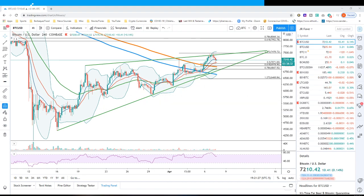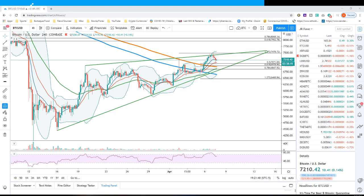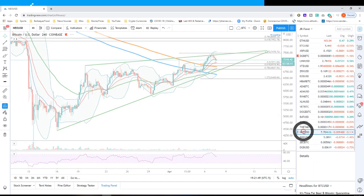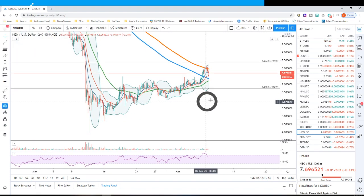All right, Todd wanted to look at NEO USD. All right, let's go to NEO. And while that's happening, I'm going to refresh the chart. There we go. Get a little bit so you guys can see it a little bit better. All right, so NEO